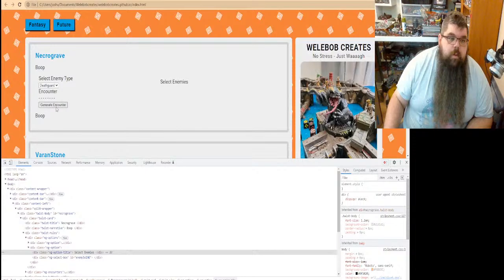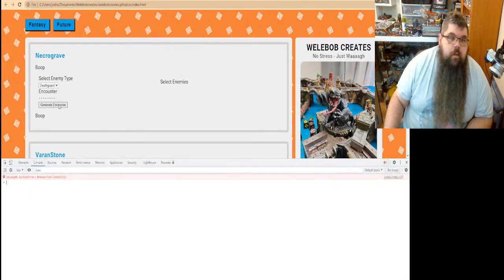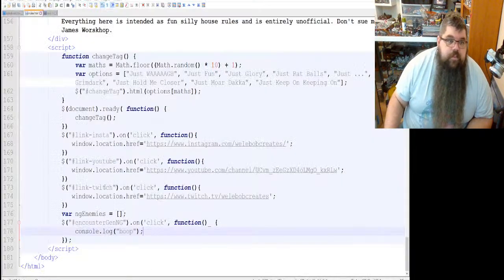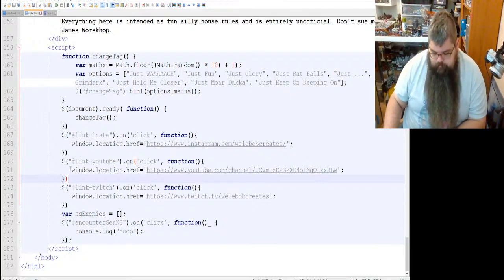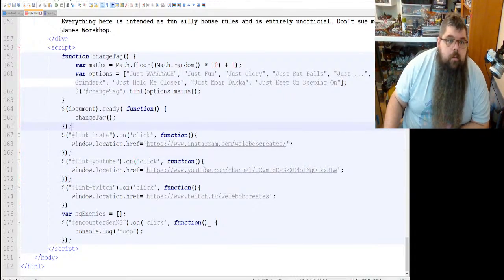There's a syntax error in 172. Variable ng enemies.